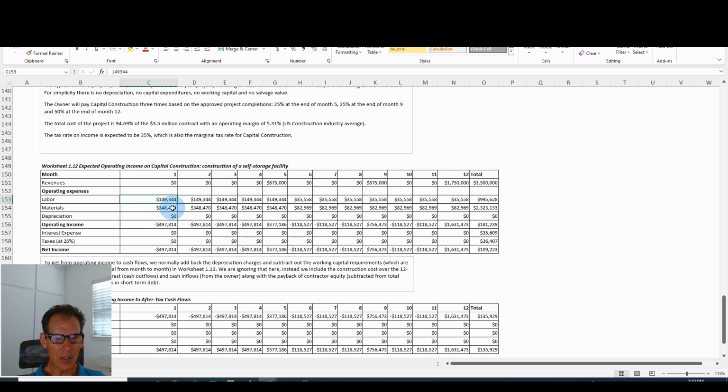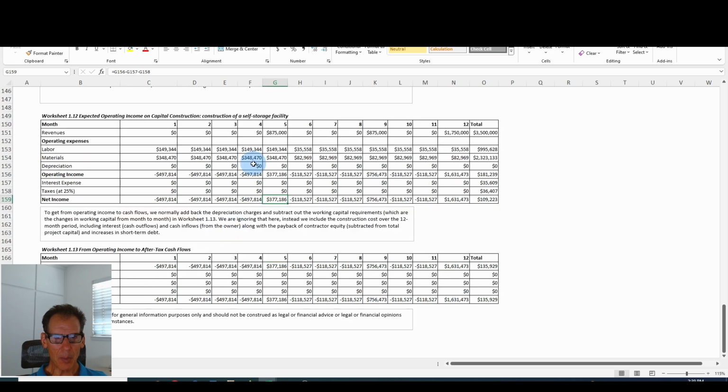We just have this cash flow, so we have a negative 497, 497, 497, 497, 377. If you add that up, what is that going to be, 1 point some odd million? So Capital Construction has to dig deep. That's expensive. Having that burden, they are responsible for this cost until the owner pays them. They're going to have some interest expense and some other costs related to a line of credit or what have you in order to facilitate this requirement.